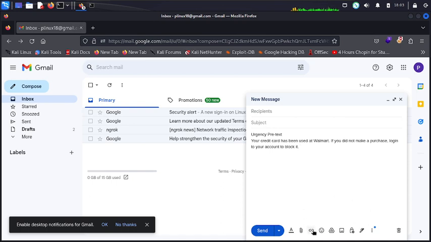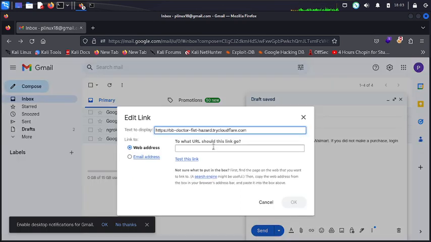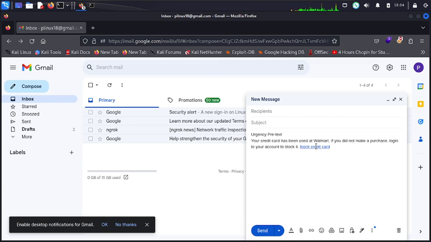And then you block the credit card, and then you paste it here. Then you go and click it, because you have this pretext that says your credit card has been used at Walmart, and someone spent $1,000